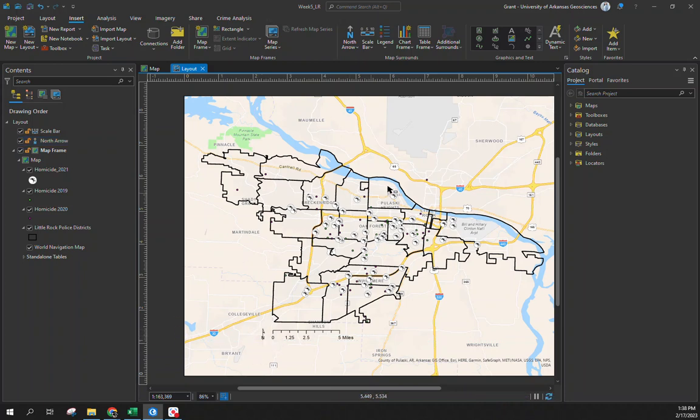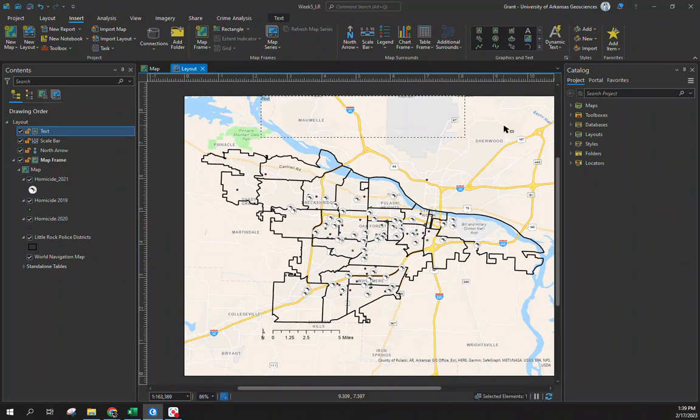With that, you can add different types of text up here as well. When I say that, you have different options for titles. So if I were to draw just a rectangle up here, and I like this, it would be Homicides in Little Rock, Arkansas from 2019 through 2021. And if I would hit enter here, it actually gives you the ability to go down and change those. If you click outside of it,